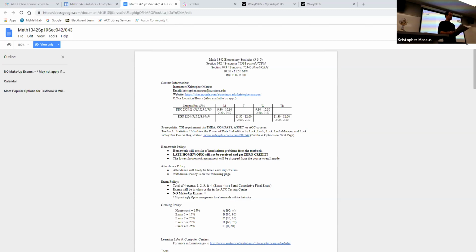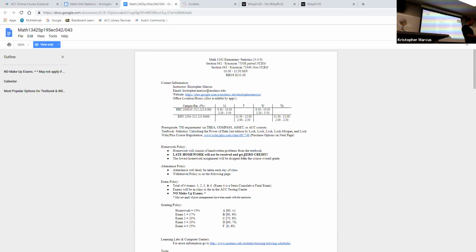From a practical standpoint, prerequisite-wise, you need a little bit of math background. Not a lot. This isn't a math course like algebra or calculus, but you need a little bit of an algebra background, being able to move some things around and add and subtract. But you're not going to bust out a quadratic formula in here or anything like that. We're not going to get into that. This is a math course, but it's not quite like most math classes. So a little algebra will go a long way in this course.